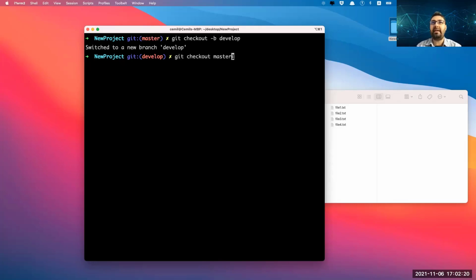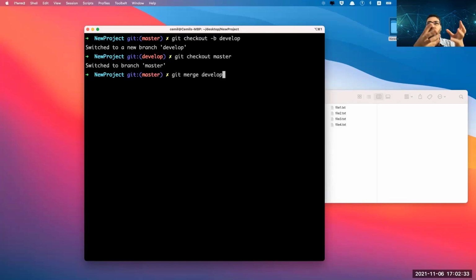So the master is the existing branch, so I just move to the master first. How to merge it? Just say git merge develop. This command will merge develop into the master. That's it. So take all the changes in develop and merge them into the master.